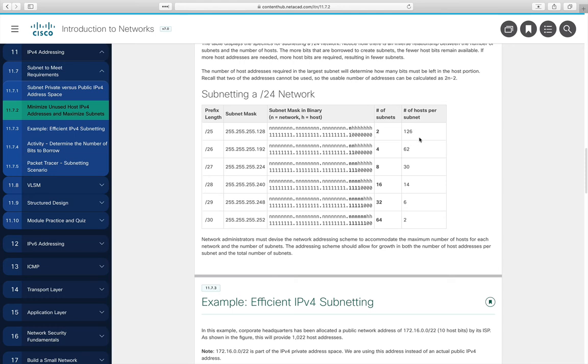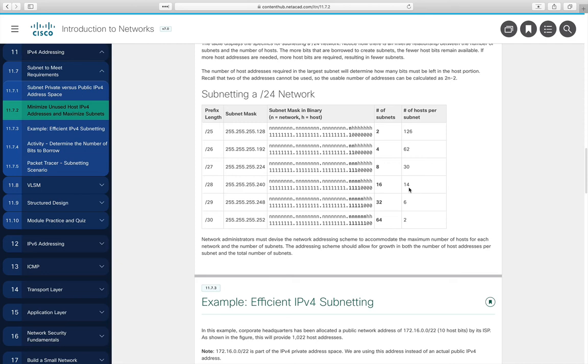So we have 2 subnets with 126 usable hosts, all the way down to the /30, which would be 64 subnets with 2 usable hosts. Basically, maybe they don't completely show you in this section, but if we needed a whole bunch of subnets and the biggest subnet was going to have 10 hosts in it, then we would want to choose the /28. That gives us 4 more addresses than we really need, but that's the closest we can get to 10